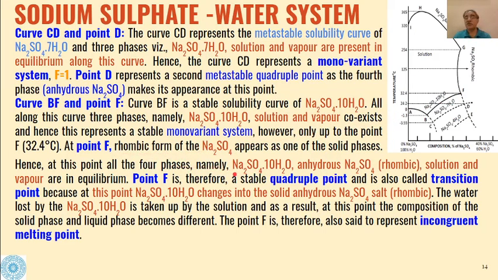So the four phases at point F are sodium sulfate decahydrate, anhydrous sodium sulfate in the crystalline rhombic form, then solution of sodium sulfate in water, and vapor. These four phases are in equilibrium, and therefore this is a quadruple point, but degree of freedom will be 0. And this point is also called the transition point,